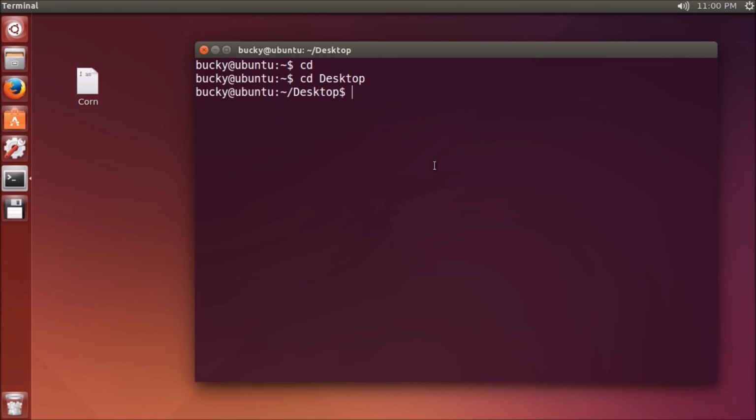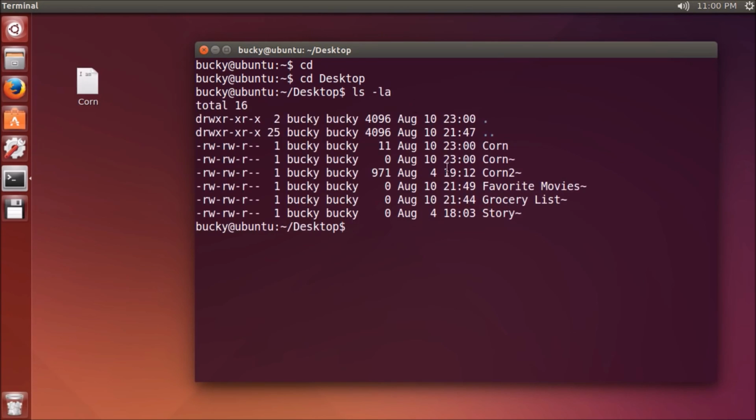Alright, so we've got one file just for demonstrating, and if I do ls -la and look at that file, check it out. We already know what a lot of this stuff is, the date it was created, the name of it, and then we see these two things, Bucky, Bucky. Well, we know I'm logged in as Bucky, but why would it say it twice? Whenever you're looking at a file like this, this first thing is the permissions, which we already learned about. This name and this name stand for the owner and the group they belong to.